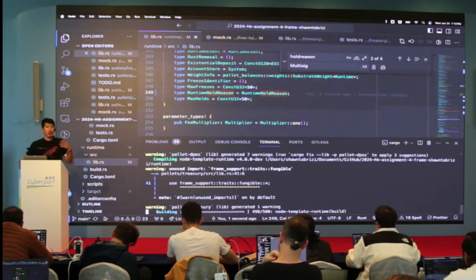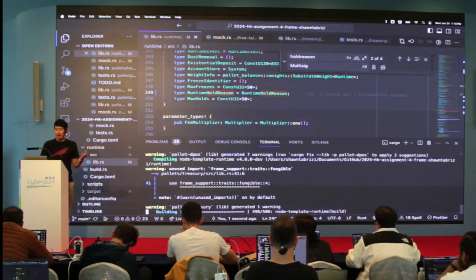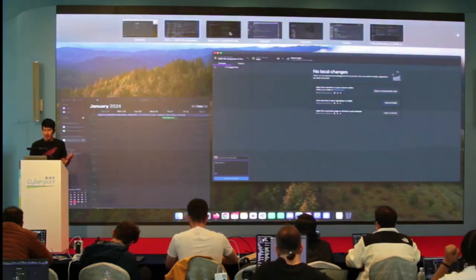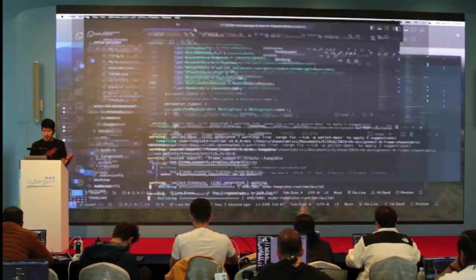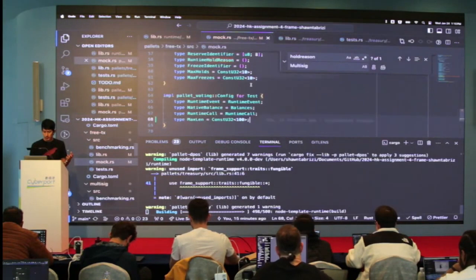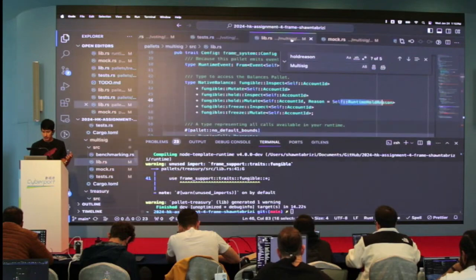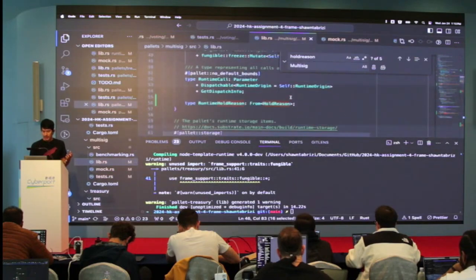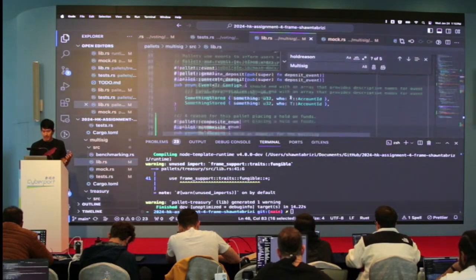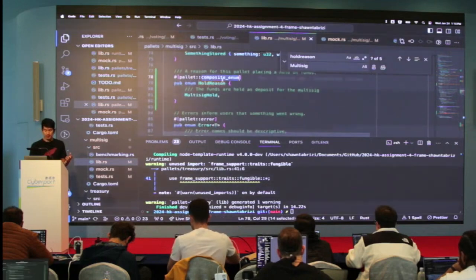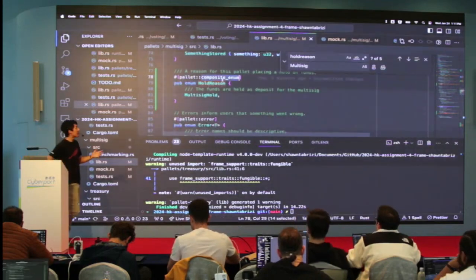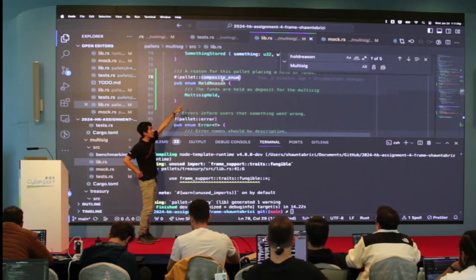It is being generated using that macro. There's a macro I included in my code. Where is it? Was it in voting? No, multisig? Yeah. There's this thing we included. It's this composite enum. And you see here, there is an enum called hold reason.